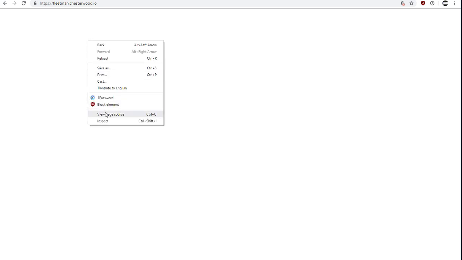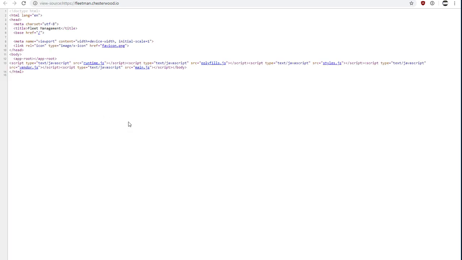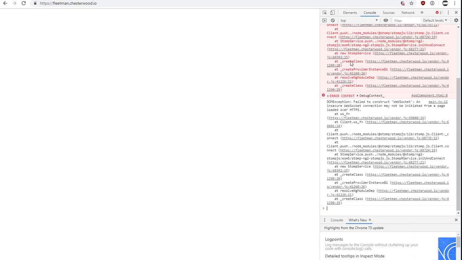If I do a right click and do view page source, hey, it worked. We actually do have the HTML being returned. And all that's happening here is if I do an inspect and then click on console, it's my bad really. And you have to recognize that when I built this Fleetman app, it was only really designed as a quick